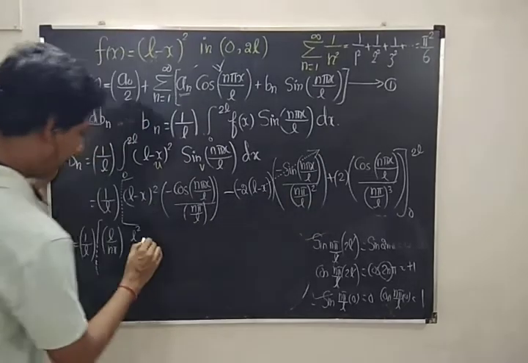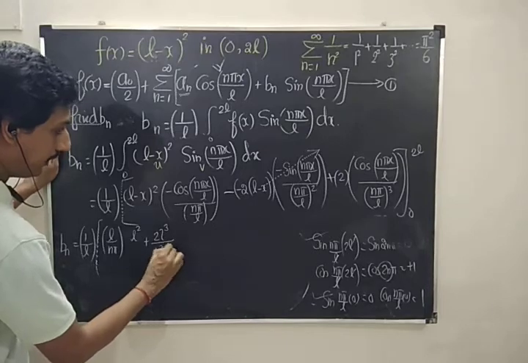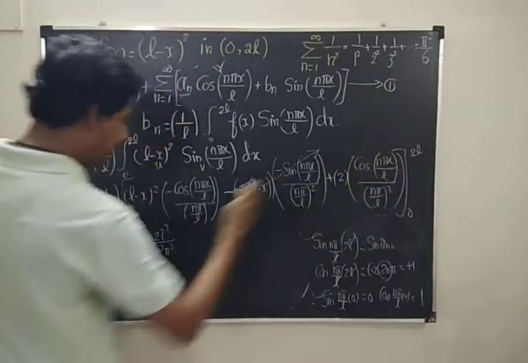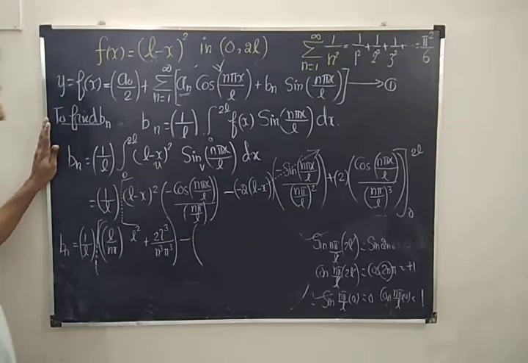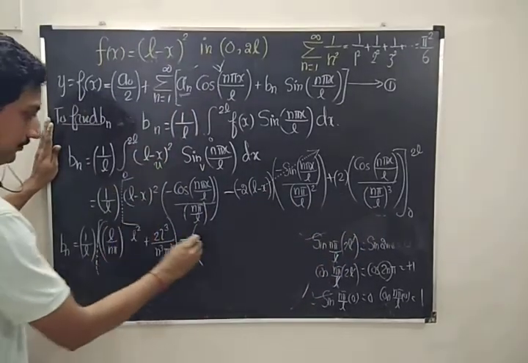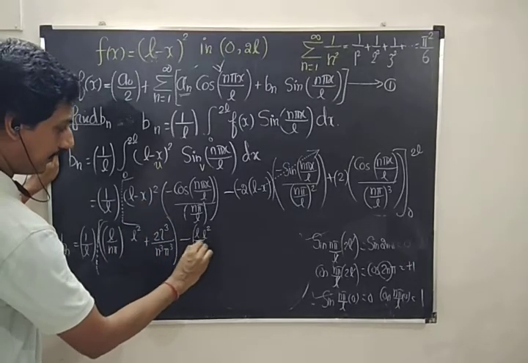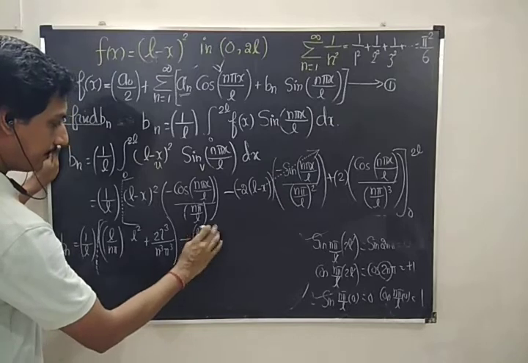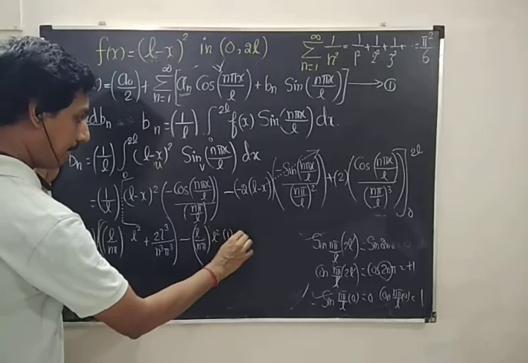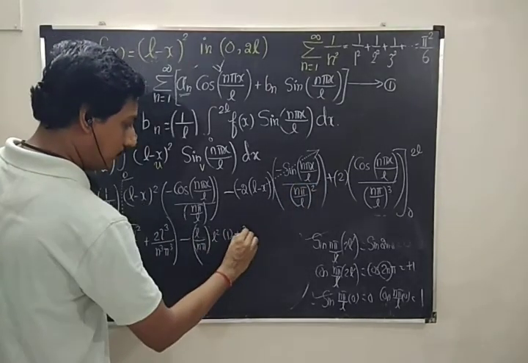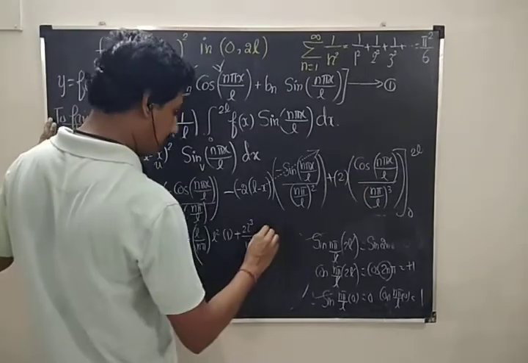Now this is plus 2. Taking the reciprocal of the denominator, we get L cubed by n cubed. Cos 2n pi value is 1. So this is the upper limit, minus the lower limit. By putting x equal to 0, we get this L squared, and the reciprocal of the constant term, so L by n pi. L by n pi into L squared, cos 0 value is 1, plus 2 L cubed by n cubed pi cubed, and cos 0 value is 1.